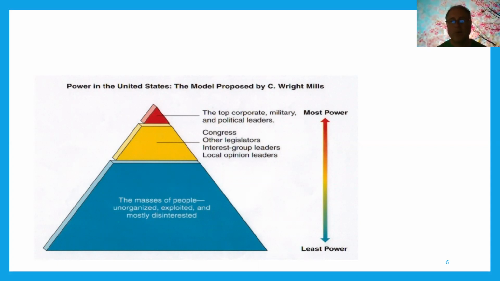Now, I am not 100% convinced today that we no longer have a democracy. I, along with others, such as C. Wright Mills, believe that we have perhaps what's called a plutonomy. And a plutonomy is a small group of extremely well-to-do rich people who control everything, including the educational system, the media, the economy, and government and politics.